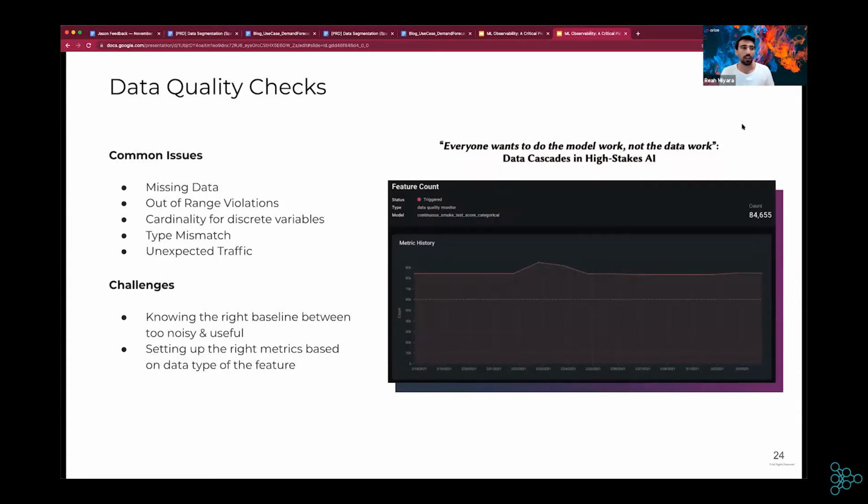In a solid ML observability platform, you should really be empowered with early detection for this so that you make sure it's not an upstream set of issues that's coming in. You want to be able to surface any type mismatches, missing data, out of range violations, and cardinality for discrete variables. Additionally, you should be able to monitor any spikes or unexpected traffic and really know what baseline to use. So similar to how drift